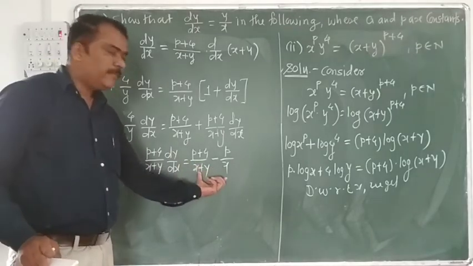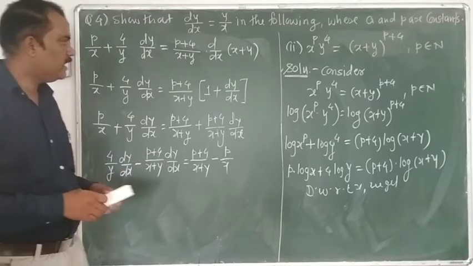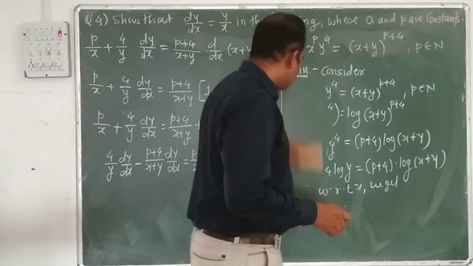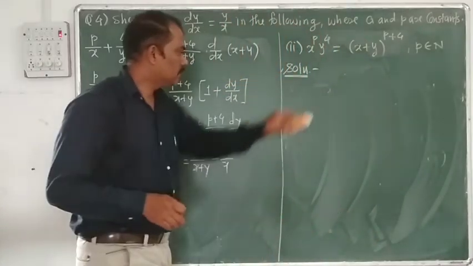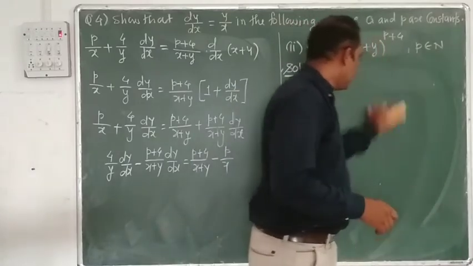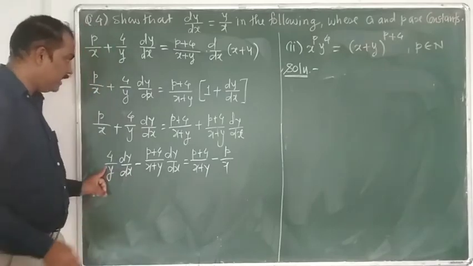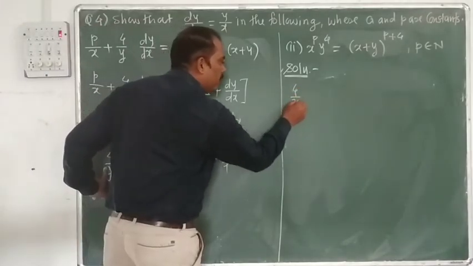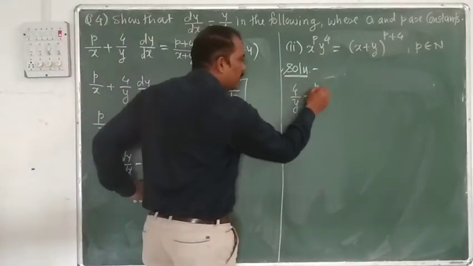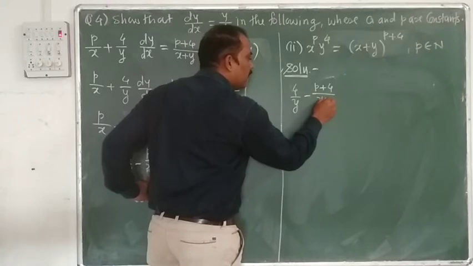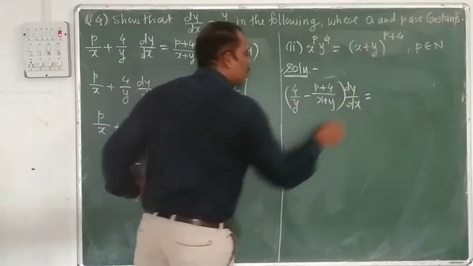From this we have to take dy by dx common. Here we have to make the denominator equal. After taking dy by dx common, we also make the denominator the same. So here we take dy by dx common, so that 4 divided by y minus (p plus 4) divided by (x plus y), into dy by dx is equal to,